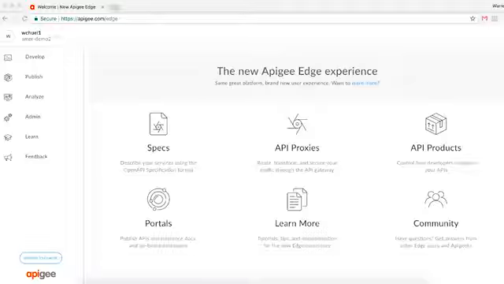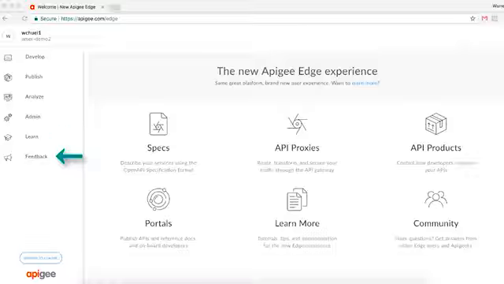Apigee has many avenues to help you with your API journey. Should you have a question regarding anything from best practices, development, or even a particular error that you're seeing, be sure to navigate to the Learn menu, where you'll find useful links to our community docs and support pages. I especially want to call out our community, as it has a lot of great content provided by both Apigee as well as our customers. If you have a technical question or you're facing a roadblock, chances are that someone has already experienced the same thing, and there will most likely be a community post about it.